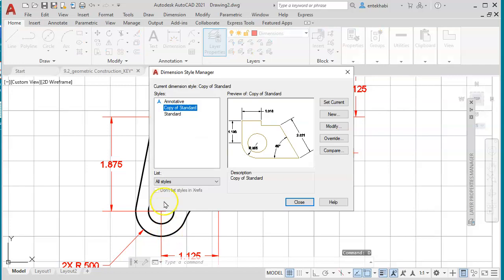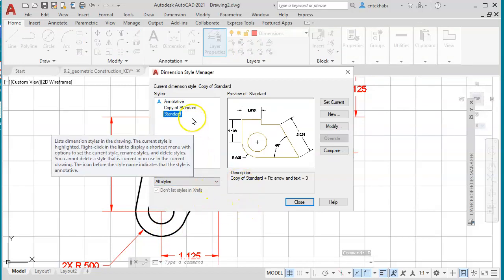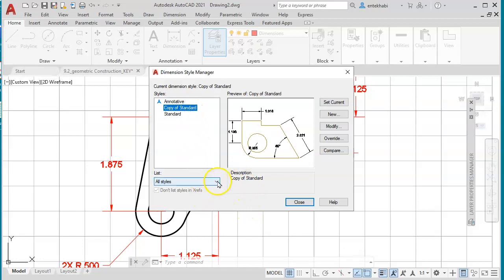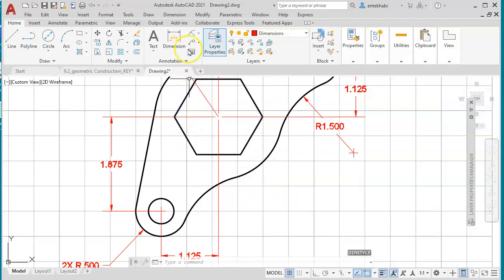What is the difference between copy of standard and standard? When you click on the copy of standard, it shows you that it's under this. Your copy of standard has the fit set to text, and arrow and text is 3. So basically everything is the same except the fit. The fit is changed. So if we make that one current, which is already current, and then add this dimension,